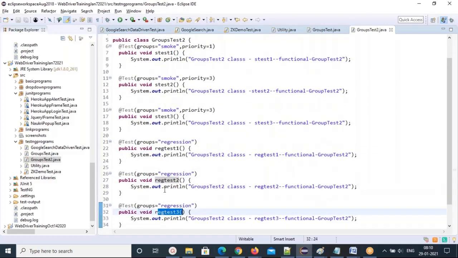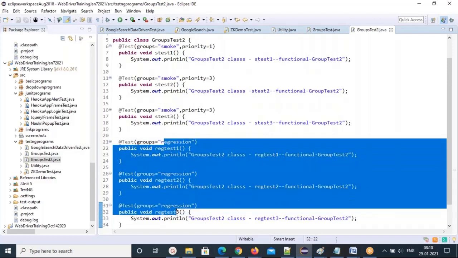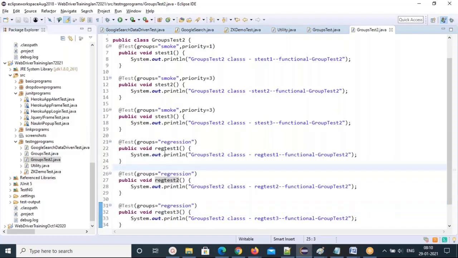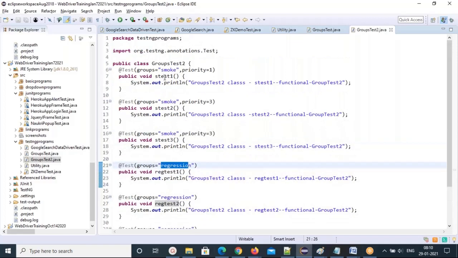Three test cases I categorized into the regression group, and three test cases are assigned to the smoke group. So these are the classes I have defined, and in my classes I have defined the groups.